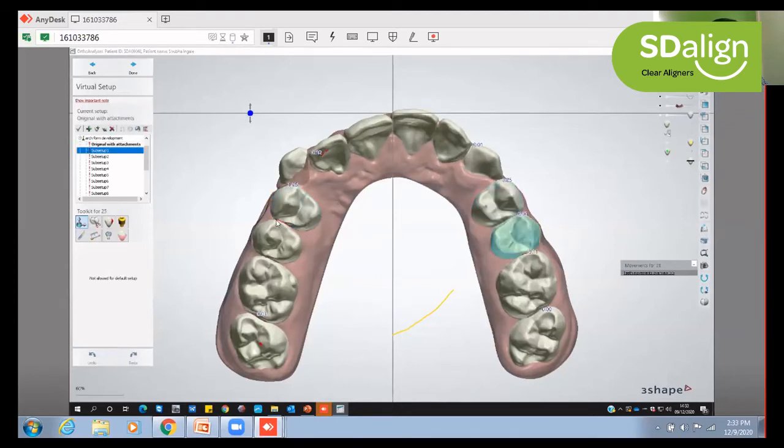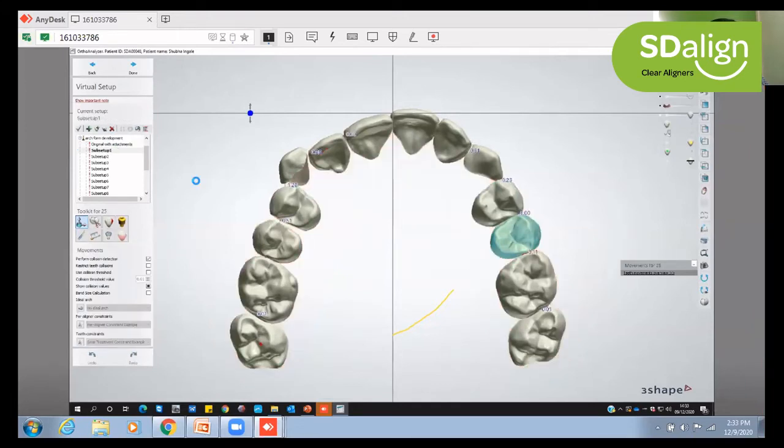If you focus slowly on the contact, I'll do it one more time. Please see the 14, 15 area and the contact between them. It will open up now after the end of the first stage. That will signify 0.5 mm of IPR done by you clinically. For the next 5 sets, first we will distalize the premolar, and simultaneously we will also get the lateral out. Also, at a later stage, we have done IPR between the central and the lateral, just to help with the anterior arch form and flaring.